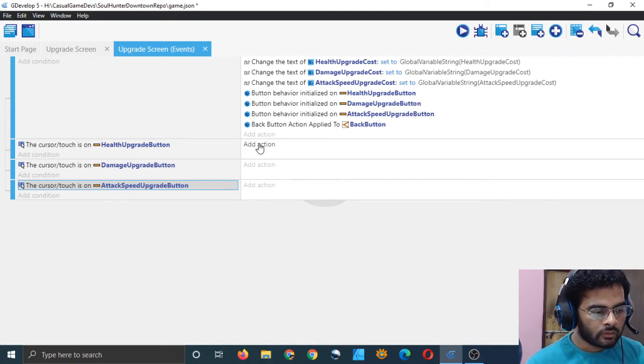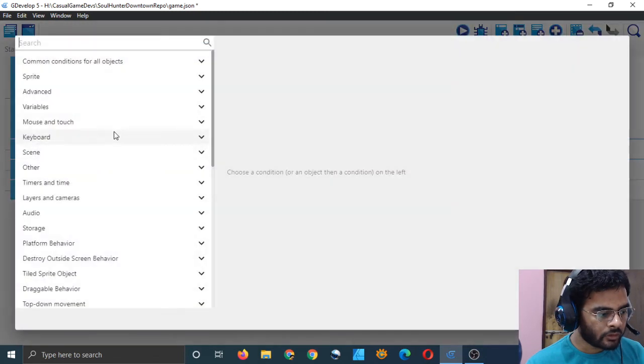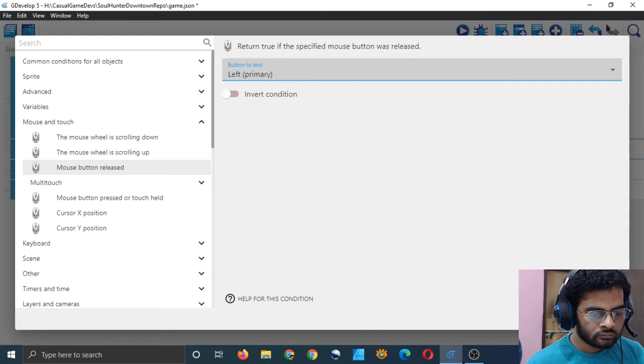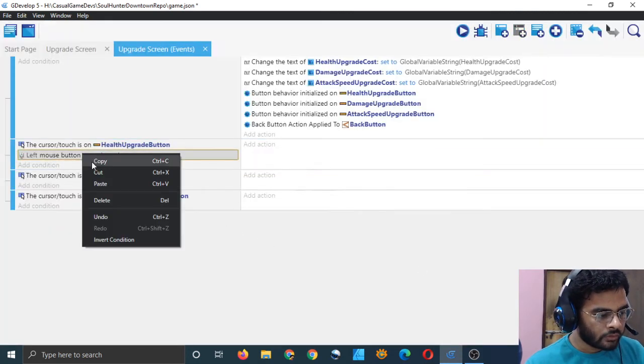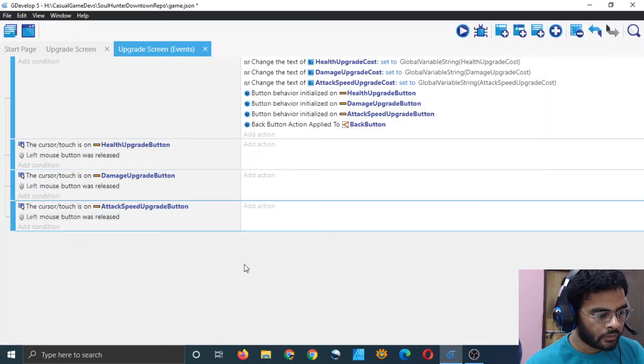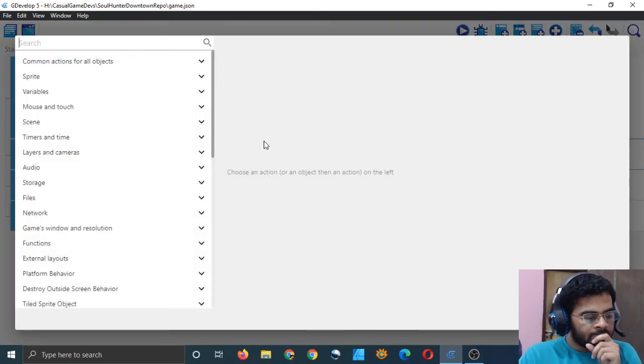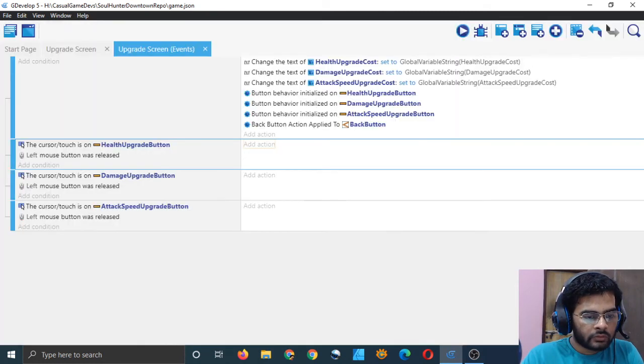So just go to actions. Okay, cursor is there, but we also have to release the mouse button, right? Just copy this, paste it, save it, and now add action. When it is pressed, we will have to do a sub event, right?